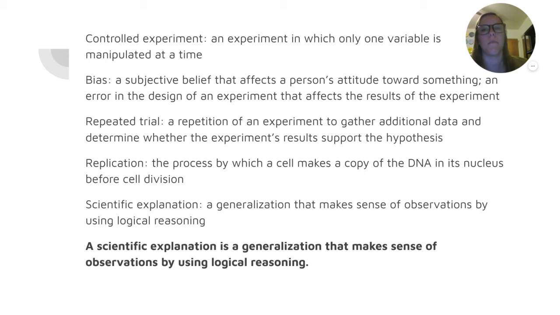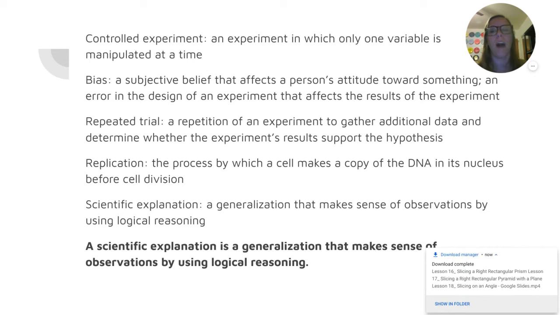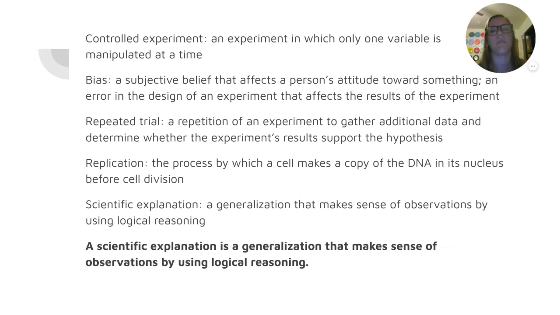So a controlled experiment is an experiment in which only one variable is manipulated at a time. Bias is a subjective belief that affects a person's attitude towards something, or an error in the design of an experiment that affects the results of the experiment. A repeated trial is a repetition of an experiment to gather additional data and determine whether the experiment's results support